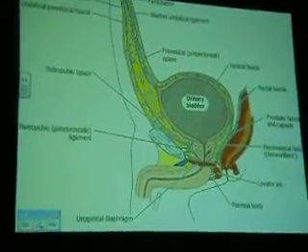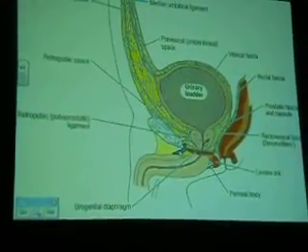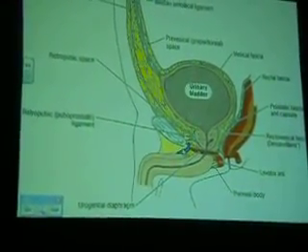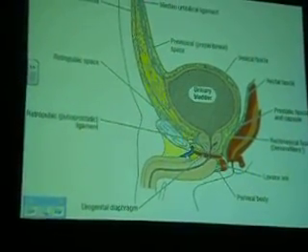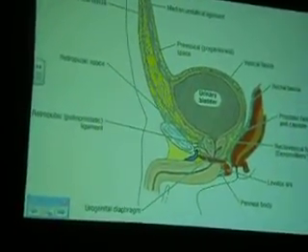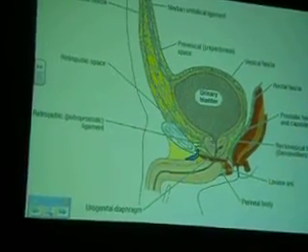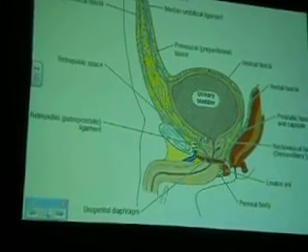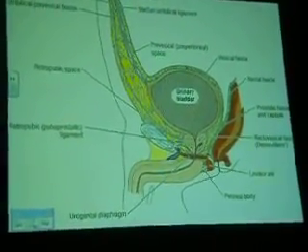Anyway, also passing under the triumphant arch is this deep dorsal vein of the penis, or clitoris in the female. And it goes there, and in the male, it enters into the prostatic or deep vesical plexus of veins right at the bladder. In the female, it's just the deep vesical plexus. Now, this space, the retropubic space,